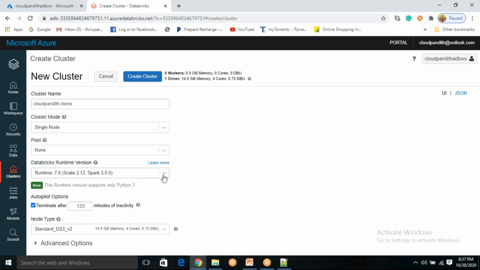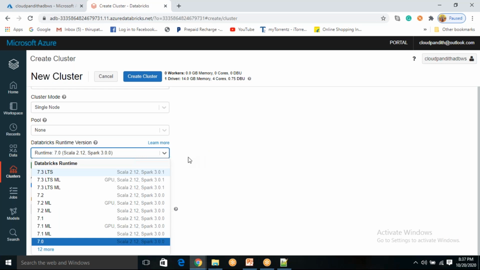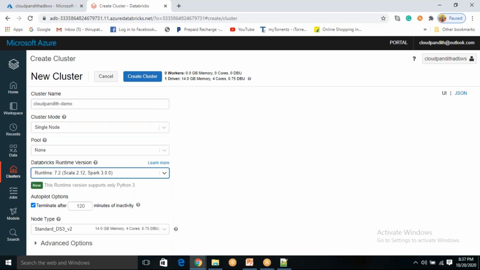Okay. Now the Databricks runtime. As we know, the Databricks runtime is nothing but a core component that you are installing on the servers. If you select the ML runtime, all required modules for your ML will be installed on the servers. If you select genomics, all biomedical data processing related modules will be installed. If you select the normal runtime, you will not get the ML or biomedical related modules; you will get all the generic modules. Okay. Next. As we are selecting single node, you don't have the auto scaling option, which we have discussed previously.